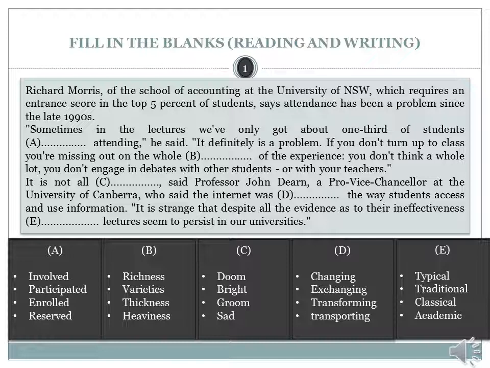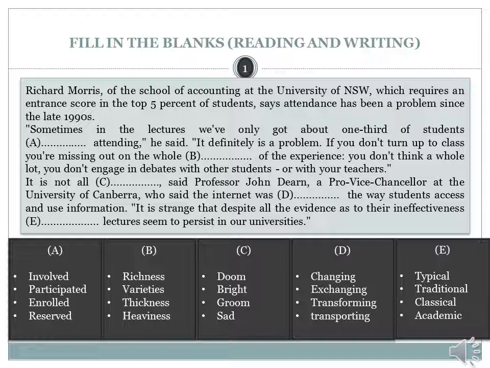It is not all sad, said Professor John Dern, a pro-vice chancellor at the University of Canberra. It is not all bad would obviously have been a very perfect fit. Remember, we are not looking for a perfect answer. We are looking for the least wrong answer. That is how we are approaching PTE. Okay, so bright it can't be because it is not all bright. He's saying that it is not all bad, right? That's what my meaning is, right? Okay, that is what my predicted answer in the blank is, that it's not all bad, not everything is bad,